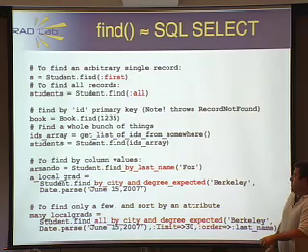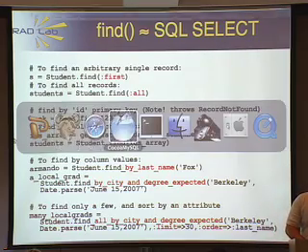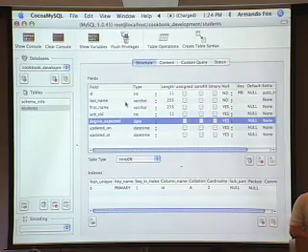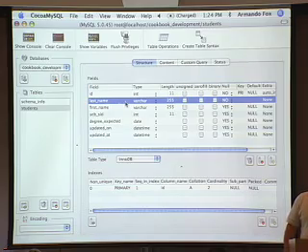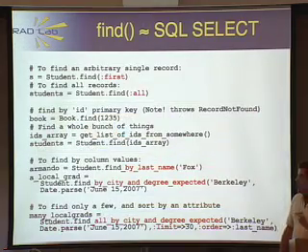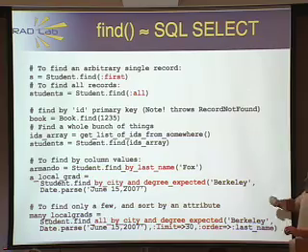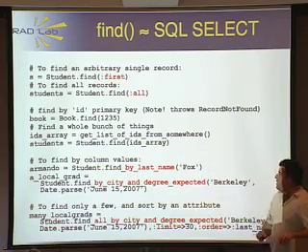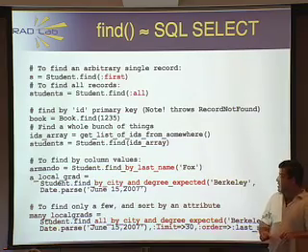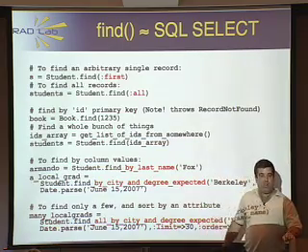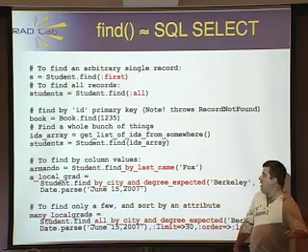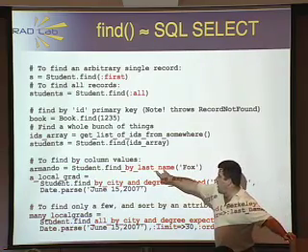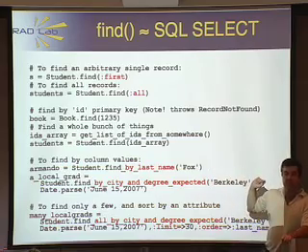I can do a find by column values. I can say student.find_by_last_name. Notice I've put by last name in red. Why is that? Because it just so happens, and it should not strike you as coincidence, that last_name is one of the field names in my database. We briefly talked about this cool method_missing. Basically, what's happening here is that when I call this method, find_by_last_name is lazily created at the time that I do the method call, based on the fact that this attribute can indeed be found in the database, and it's possible to then conjure up a select that uses this as the column constraint and this as the column value. So they dynamically parse